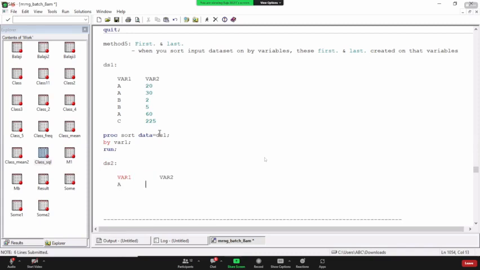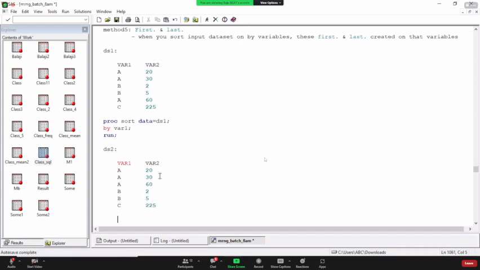A20, A30, all A's will come together. A60, again B2, B5, and C222. Okay, when you sort your input data set by one variable,